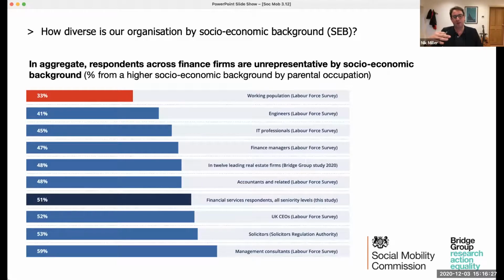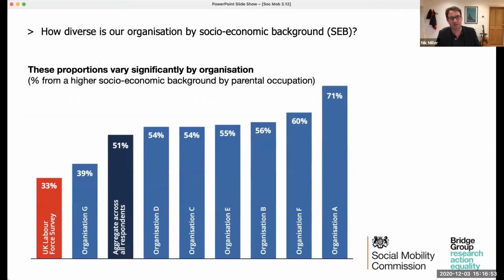And so even within a bank, we can start to say, well, the bank has different types of occupations. It has legal counsel, it has investment managers, consultants, accountants. So we can start to say, well, how do people in those areas compare to the labour force in England based on the labour force survey? So here we're starting to benchmark to get a sense of this not looking particularly good. And of course, we can do this organisationally as well.